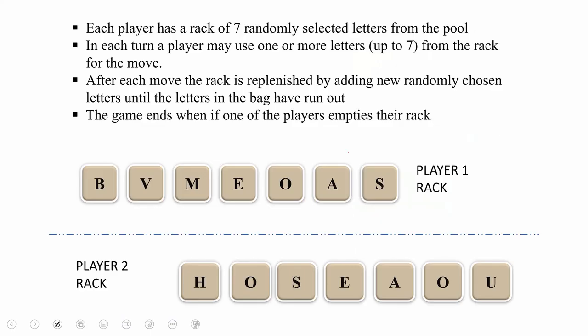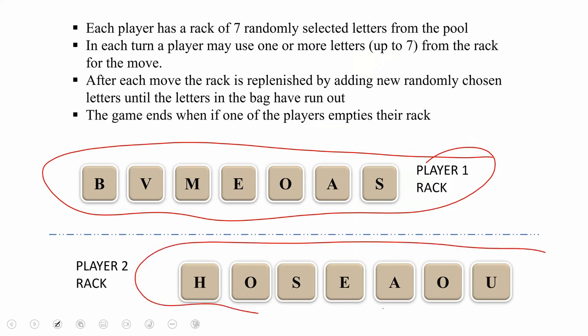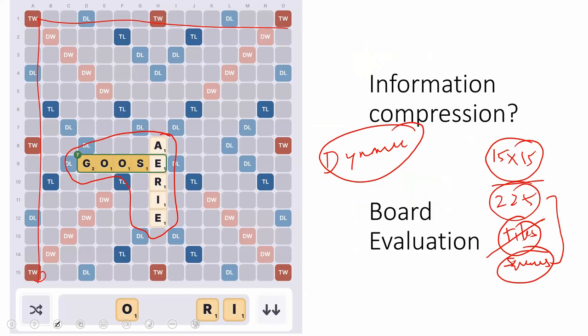जो आपको स्लेट मिलती है ये चेंज होती है. जो रैक मिलता है आपको, the collection of tiles that you get that you have to make work with, this changes. And when this changes, what happens? You can change the state of the board. अच्छा, so अब आपने पहला काम क्या किया? आपने सिर्फ information compression identify किए.